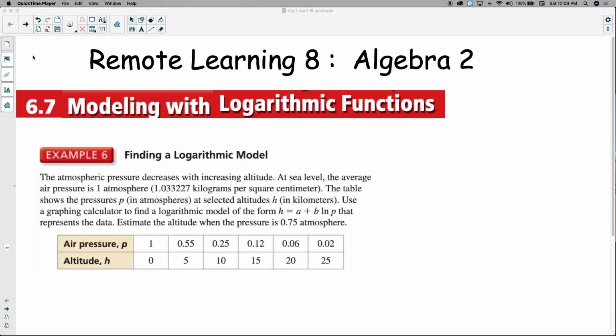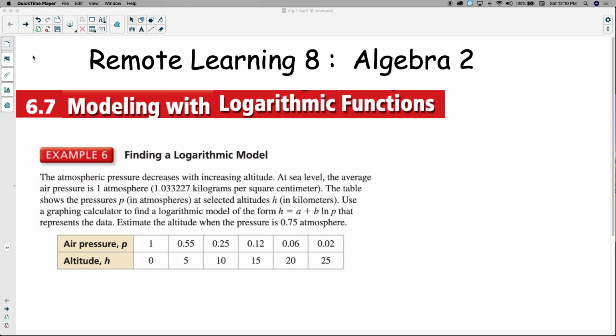Be careful with that one because there's also an exponential regression that involves the natural log, which depending upon the directions you may or may not want. Let's see, I misspoke there. The exponential does involve a natural log, it involves e. Okay, so